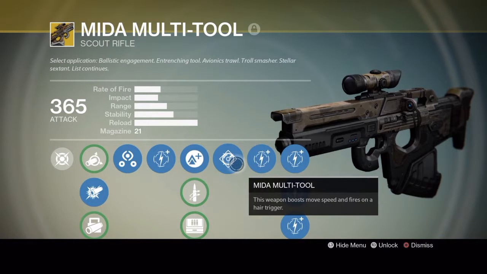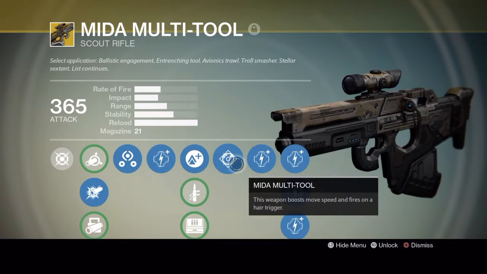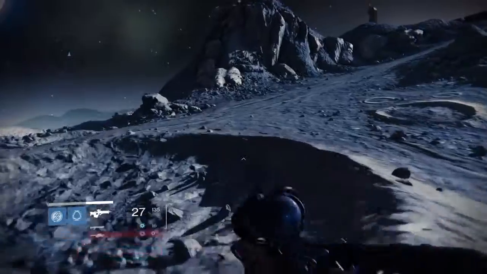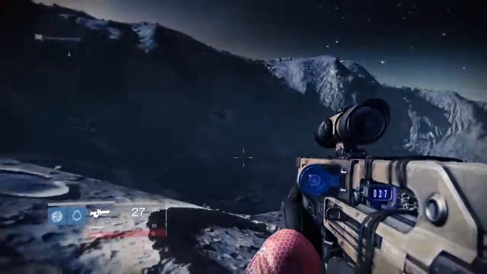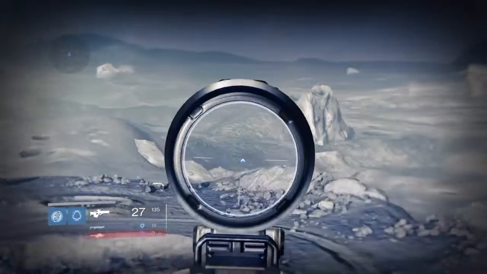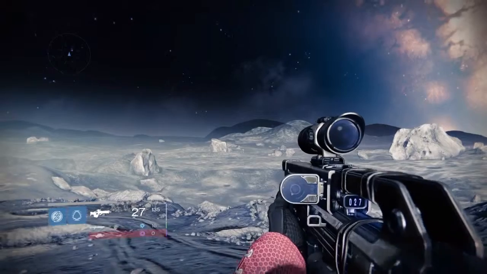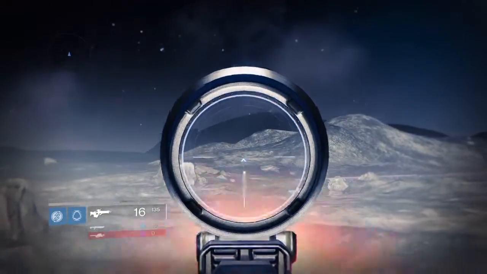And the MIDA multi-tool upgrade. Weapon boosts move speed and fires on a hair trigger. So you get a little faster. Now, what does that trigger do? Really, for me, the way I go about this, it kind of stabilizes your fire pattern. It allows for more steady shots,